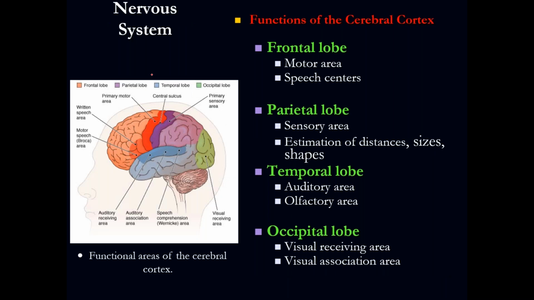All right, so from the frontal lobe, what I want you to remember is the motor area. Parietal is the sensory area. You can also have here the cognitive function. That is your intelligence, your personality, your taste, etc. So that is the frontal lobe. Parietal lobe is the sensory.